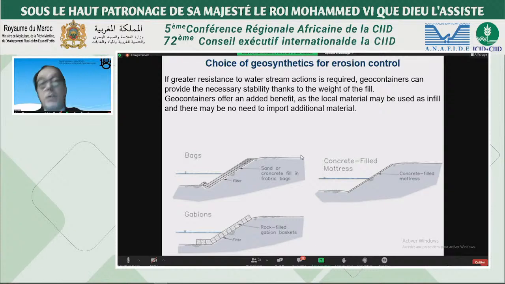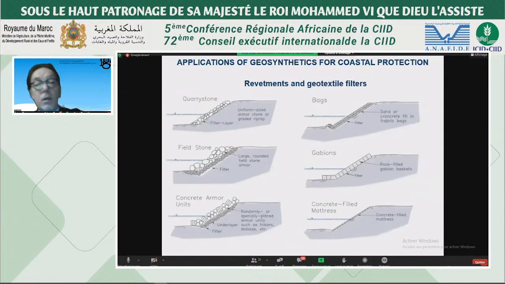Une résistance supérieure encore avec les géocontainers, avec la stabilité nécessaire due à leur poids. Les géocontainers ont un avantage